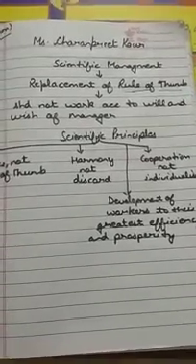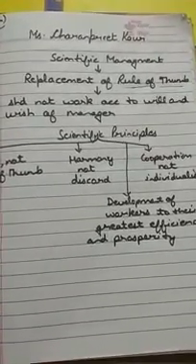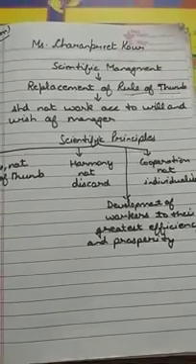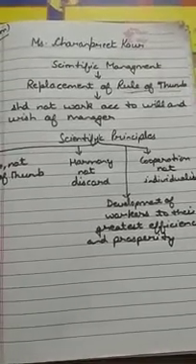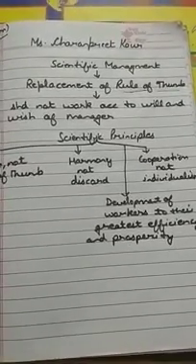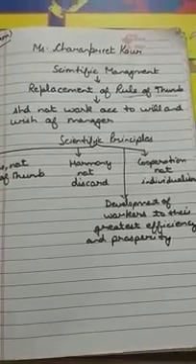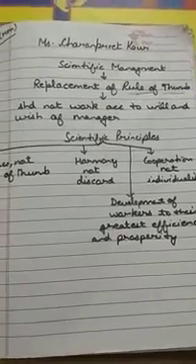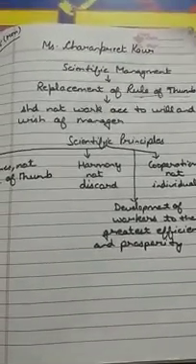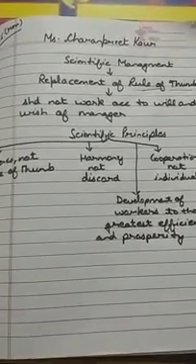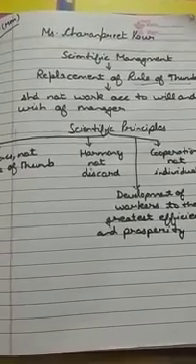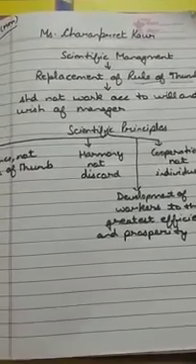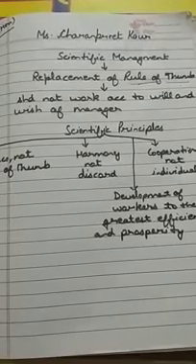So there is the replacement of the rule of thumb because each and every manager, they are doing something keeping in mind the set pattern. ठीक है, they are observing each and everything in the management very carefully. In the previous chapter we have done the principle of division of work. ठीक है, तो division of work में क्या है कि जो मैनेजर है he is analyzing the situation that